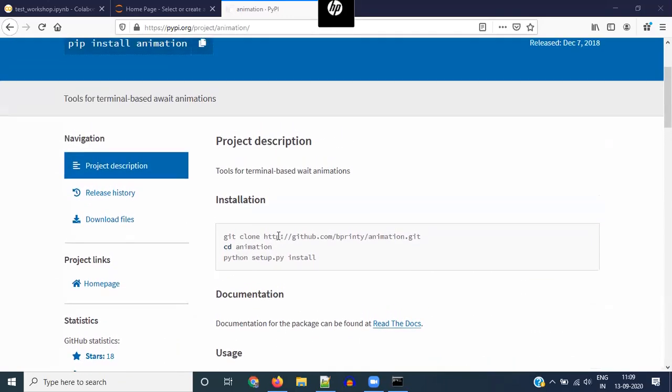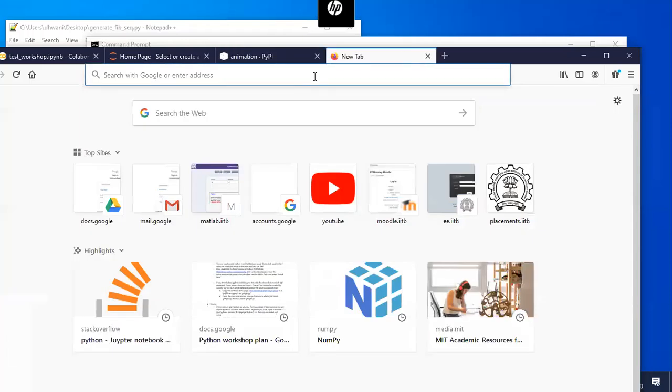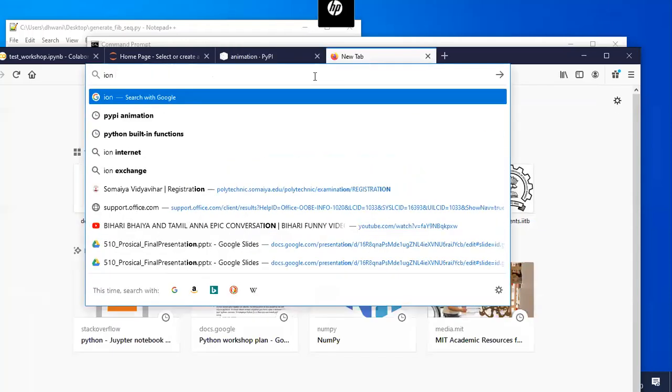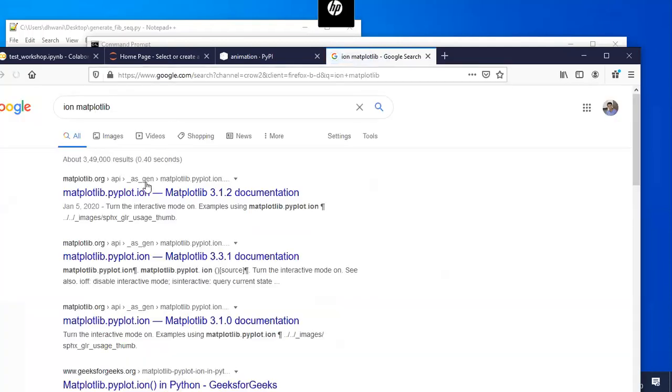So is your objective to make the plot interactive or plot several images one after the other and make it look like it's moving? Yes. Okay, so you might want to take a look at ion in matplotlib.